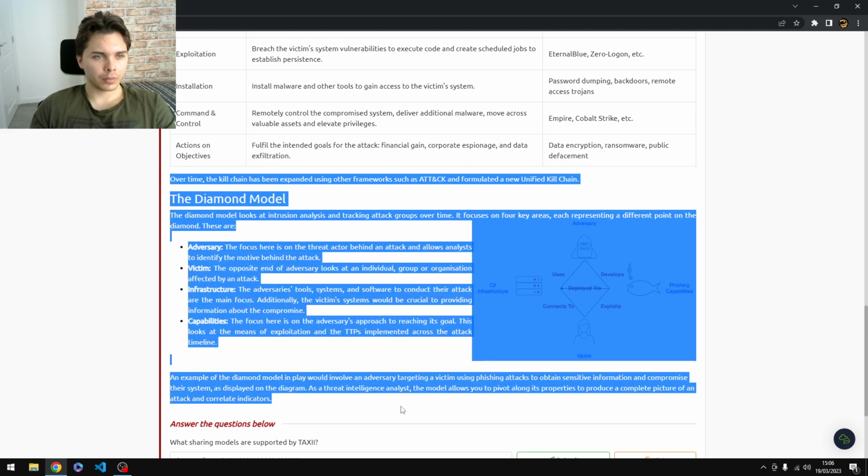Over time, the kill chain has been expanded using other frameworks such as ATT&CK and formulated a new